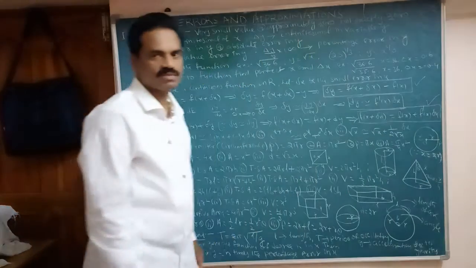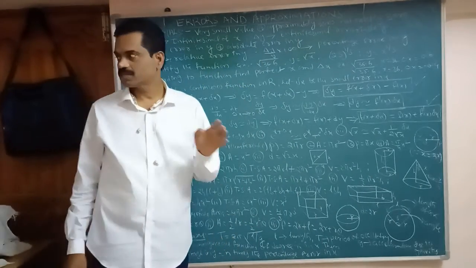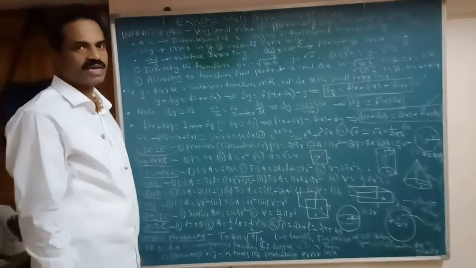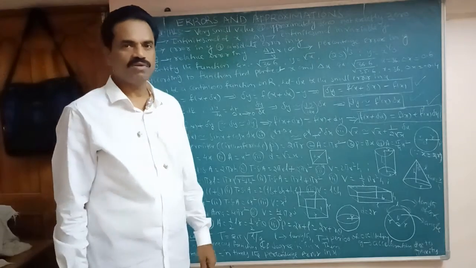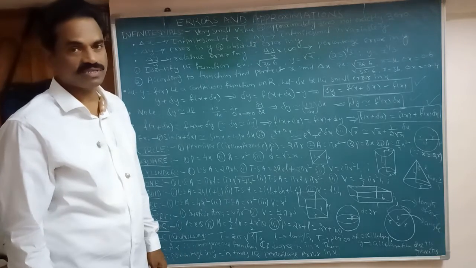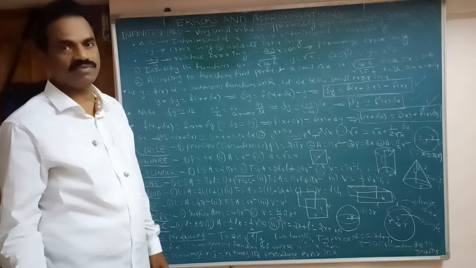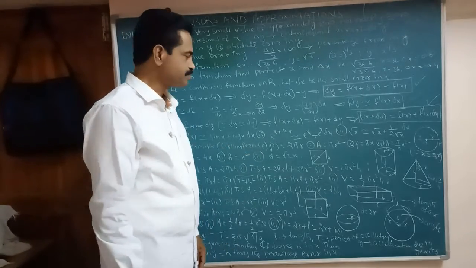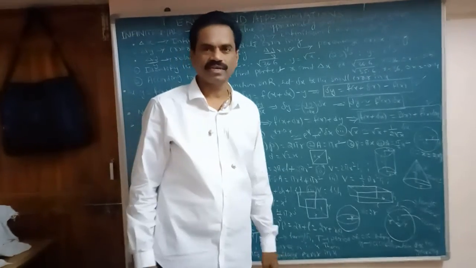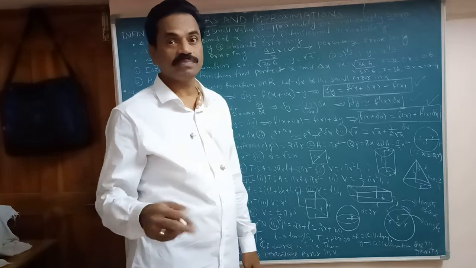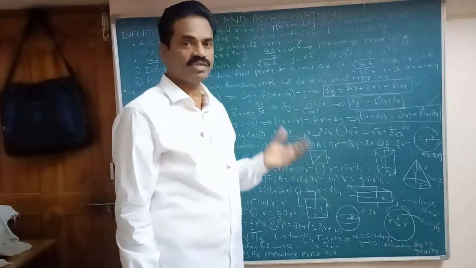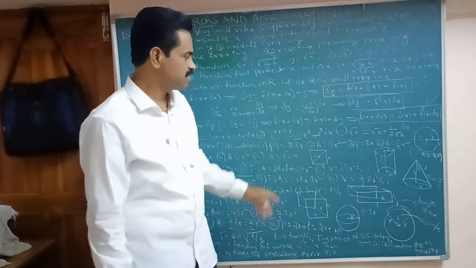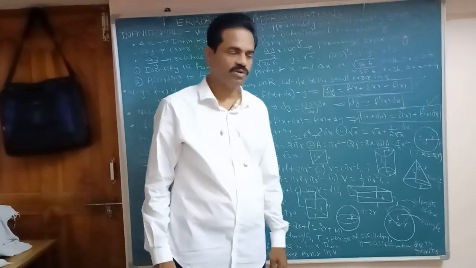So that is the third formula: f of x plus delta x equal to f of x plus f dash x into delta x. For example, sin of x plus delta x. What is f of x here? Sin x. The derivative f dash x is cos x. That is sin x plus cos x into delta x. And e power x plus delta x, by the formula f of x plus f dash x into delta x. What is f of x here? e power x, and f dash x is also e power x, that is e power x plus e power x into delta x.